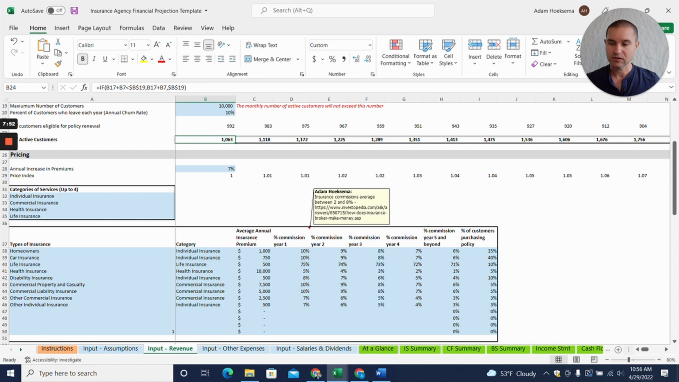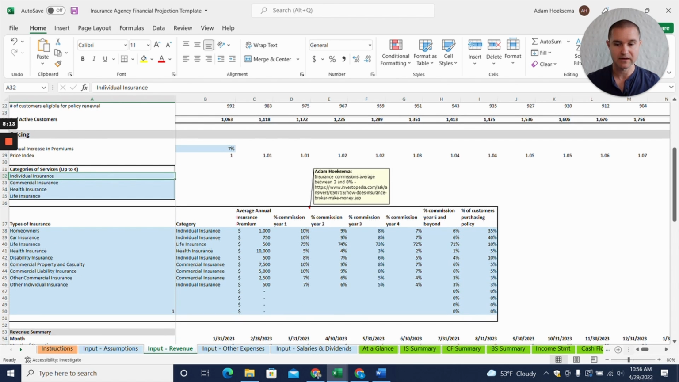And those customers are going to purchase different types of insurance. We have the ability to add different categories of insurance that you're able to provide. We broke this down, and you can change these categories based on your own agency's plan. Individual, commercial, health, and life are the 4 that we put in there to start with, and then you can break those down into specific types of policies listed here. So let's say we've got homeowners and car insurance. These are both types of individual insurance,